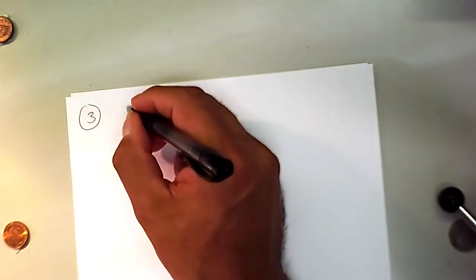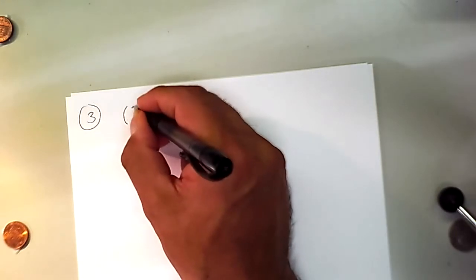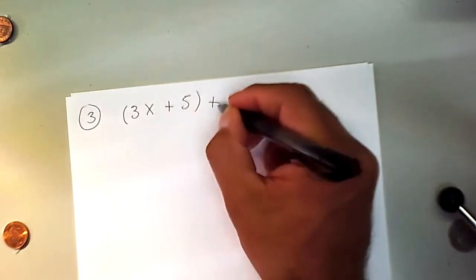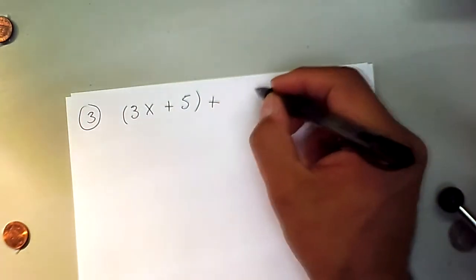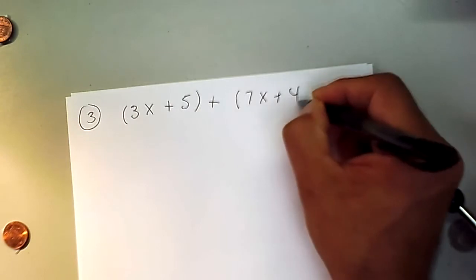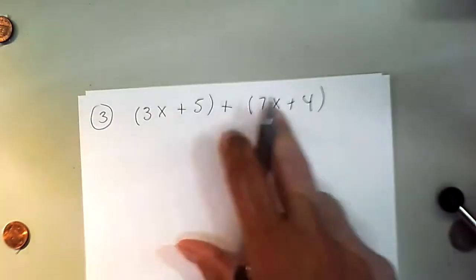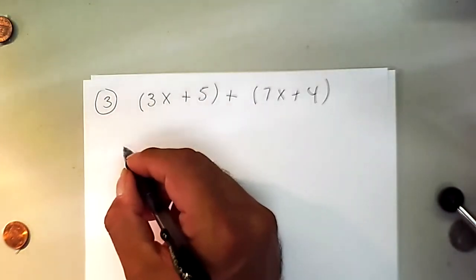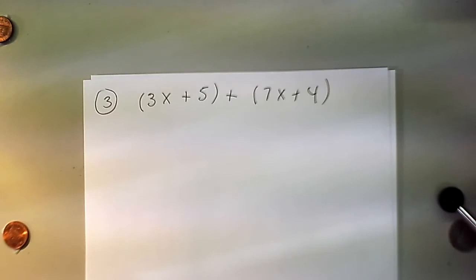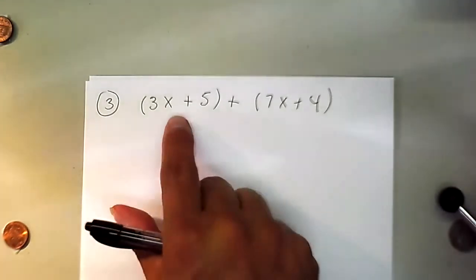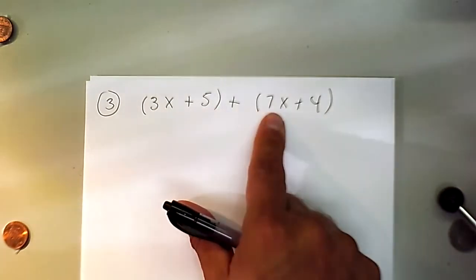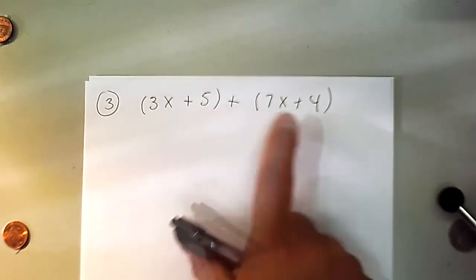Example 3 is even more complicated. Let's say you want to add two polynomials, 3x plus 5. That's one polynomial which we want to add with 7x plus 4. I'm going to write this as a column because this is too long to put as a line. Now, most of us know the shortcut, and we know the answer. The answer is going to be 3 plus 7 of the x's, so that's 10x plus, and then the 5 and the 4 make a 9.